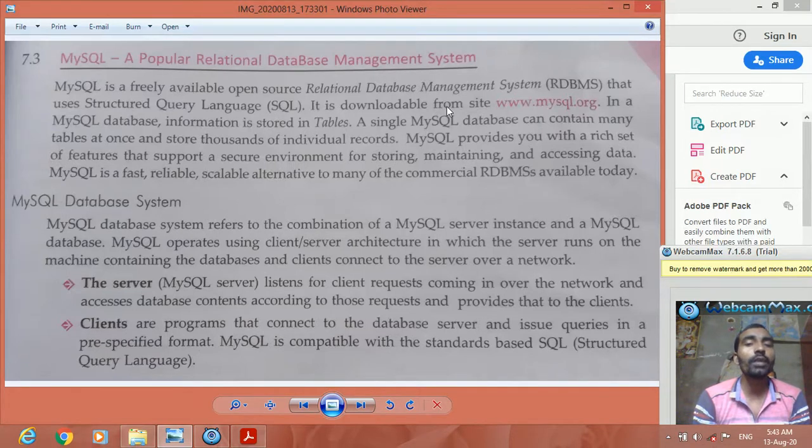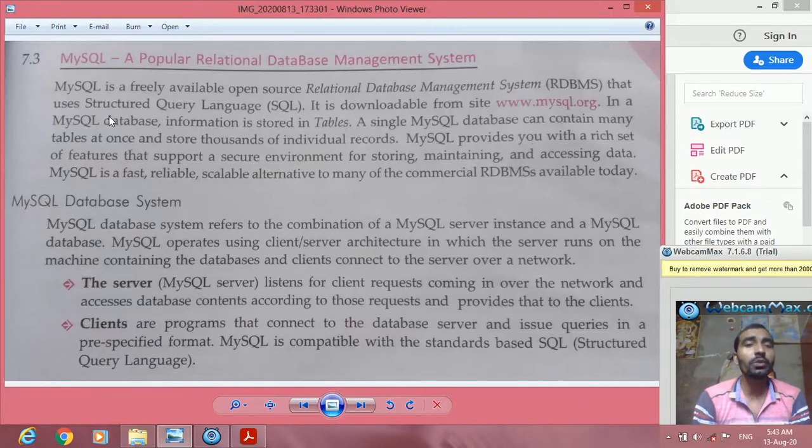It is downloadable from the site www.mysql.org. From this site you can download it free of cost. That's why it is called open source. And for downloading and installing MySQL, as I told, I will share a video. You can watch that and install MySQL in your system.